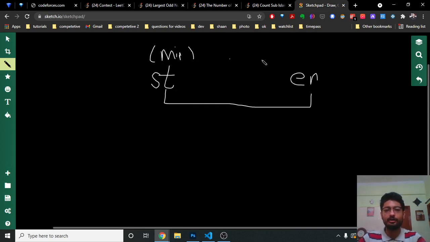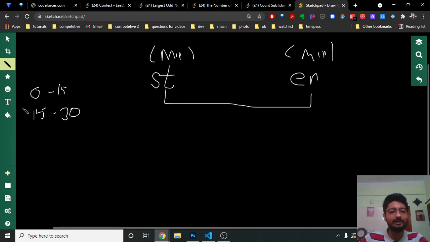The same for both of them. And what you can do here is check that the first game will be played from 0 minutes to 15 minutes, the other game will be played from 15 minutes to 30 minutes. So you just check what interval, like 15 to 30, 30 to 45 and so on, whether this interval lies between my start and end time. If it is lying between my start and end time, then it's fine. Else, we have to do something else.